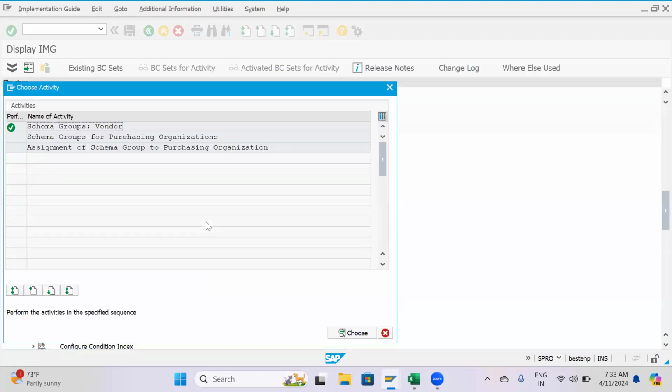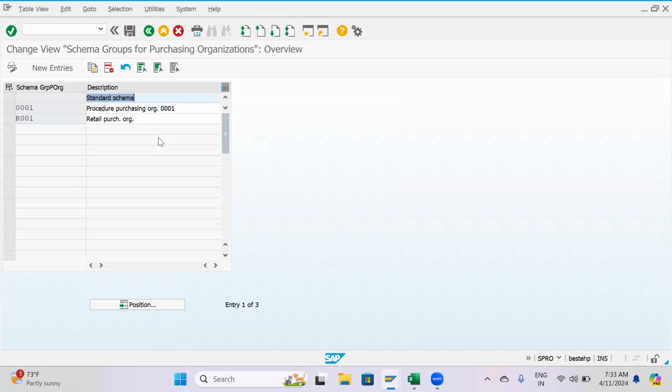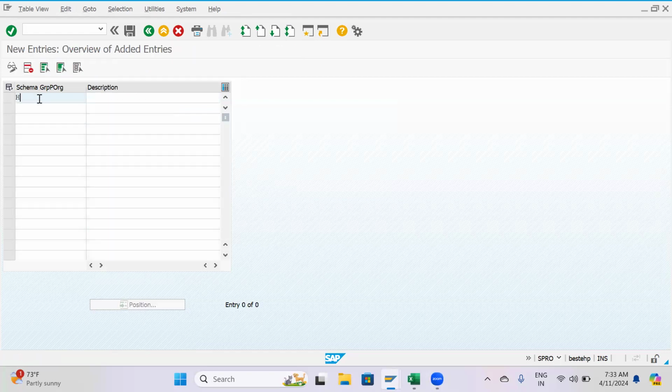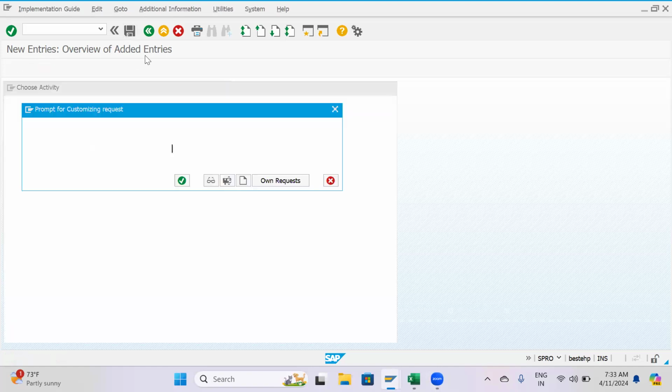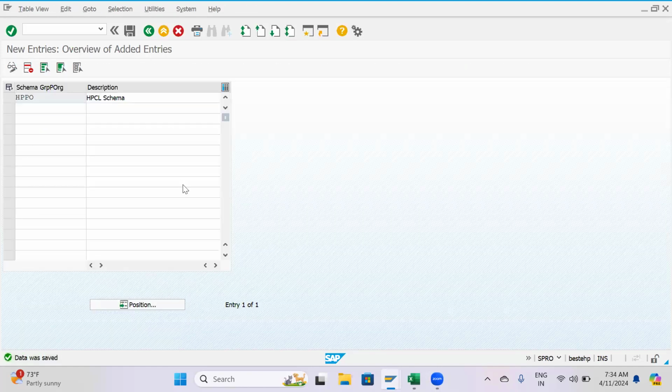Save it. Come back. Assign schema group for purchasing organization. What is that? It is simply you have to create a schema group for the P org, right? Your pricing procedure mainly. So what I'll do is HPPO, HPCL schema. Okay. Save. Now the third one,